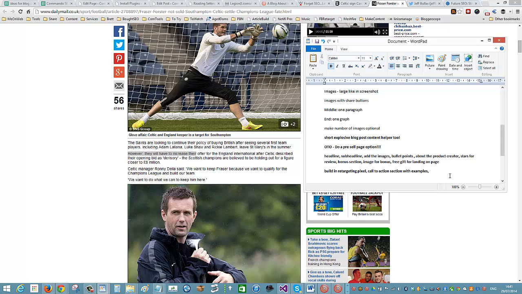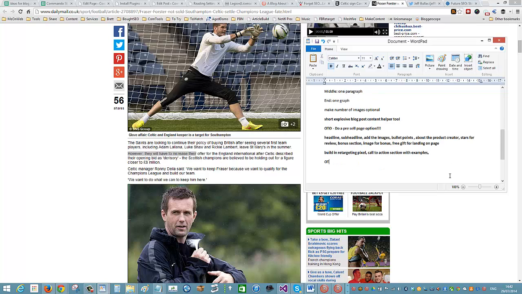Okay, so if I was going to do an OTO2 on this, OTO2, ability to export